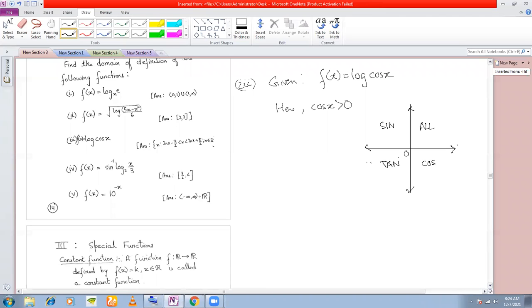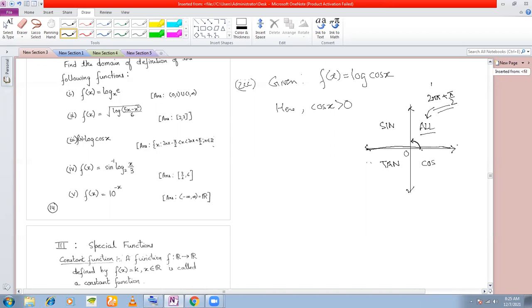Okay. Now, if you see, cos is positive in this quadrant, that is any positive or negative multiple of 2 pi, plus pi by 2. How do you come to this quadrant? 2n pi plus pi by 2, where n is any integer. If you take n equal to 1, you rotate one complete rotation plus pi by 2. If you take n equal to 2, how much do you get? You get 4 pi plus pi by 2. 4 pi is 2 rotations and then plus pi by 2, right? So we have covered this quadrant for this, right?